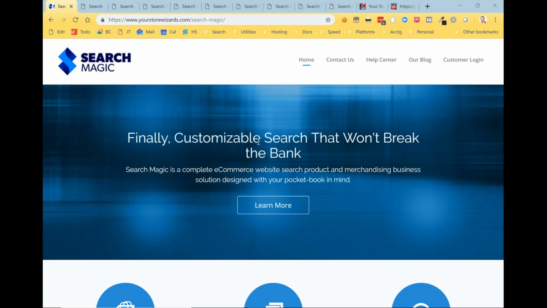Because that's what it comes down to. I mean, search is cool and exciting for the geeks in us, but what do you care about? You care about, can people find stuff? Can they buy stuff so you can make more money? Absolutely. So I'm going to go into the dashboard, but before I do that, I wanted to sort of show